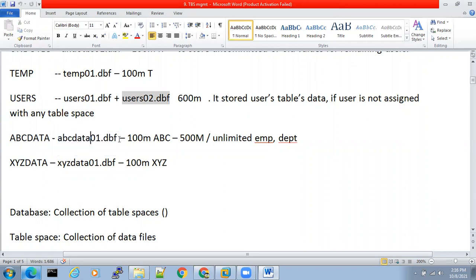When it has reached 80%, meaning 28 GB or 29 GB or 30 GB full, what will I get? I will get an alert. Yes or no? Then what do we have to do when it is 80% or 90% full? We need to add one more data file. What is the data file? ABC_data02.dbf with the autoextend on option. Who will do that data file addition? DBA only.